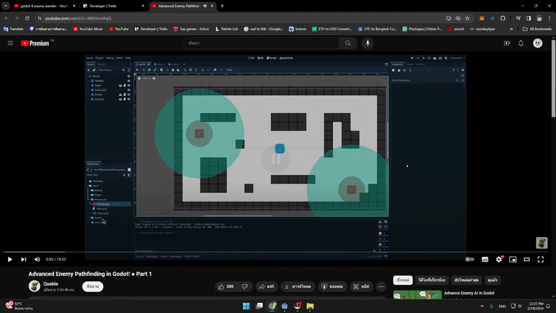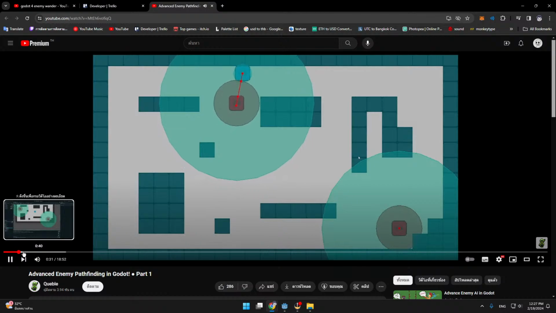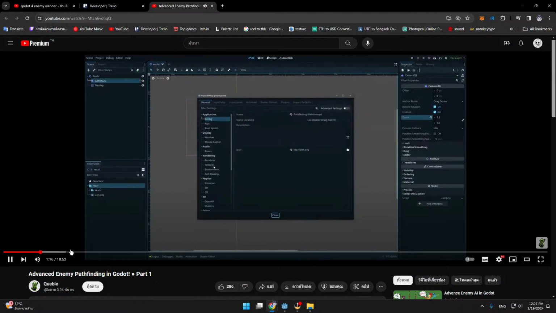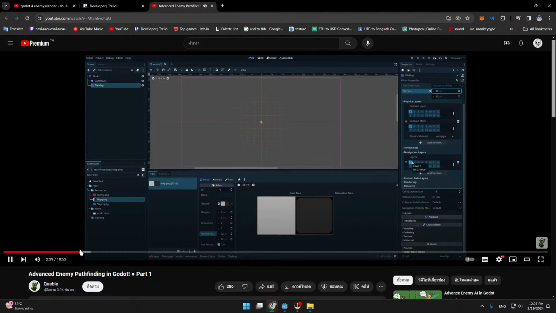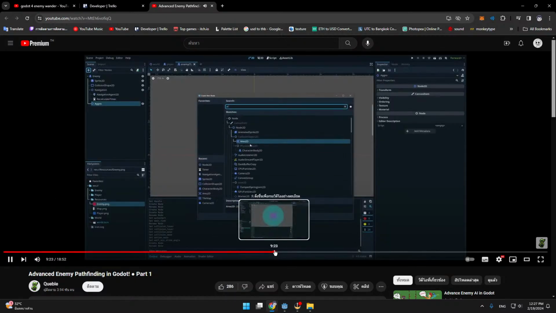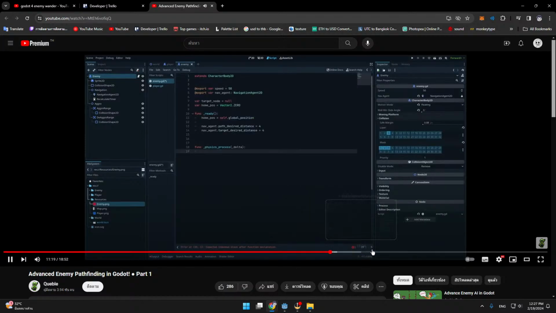going over how to make enemies chase me until I leave the aggro range, as you can see, and then they will return back to where they started, which is defined as their home position. And inside of here we need a gate, and I'm going to walk you through how the code works. This will connect some basic